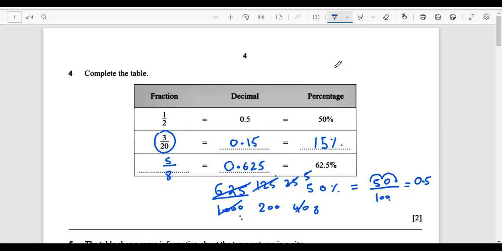Okay, and what is the method for percentage to decimal? I just need to move my decimal 2 units to the left. For example, if I have 50% here, then currently the decimal is after the 0. I'll move that 2 units to the left, so it would become 0.5. 15% is there, so the decimal version of it would be 0.15 and 62.5%, so I'll be moving the decimal 2 units to the left and it would become 0.625. Okay, so this was basically the story behind this chapter that we have discussed. I hope everyone is clear with the idea. Okay, I'll stop the